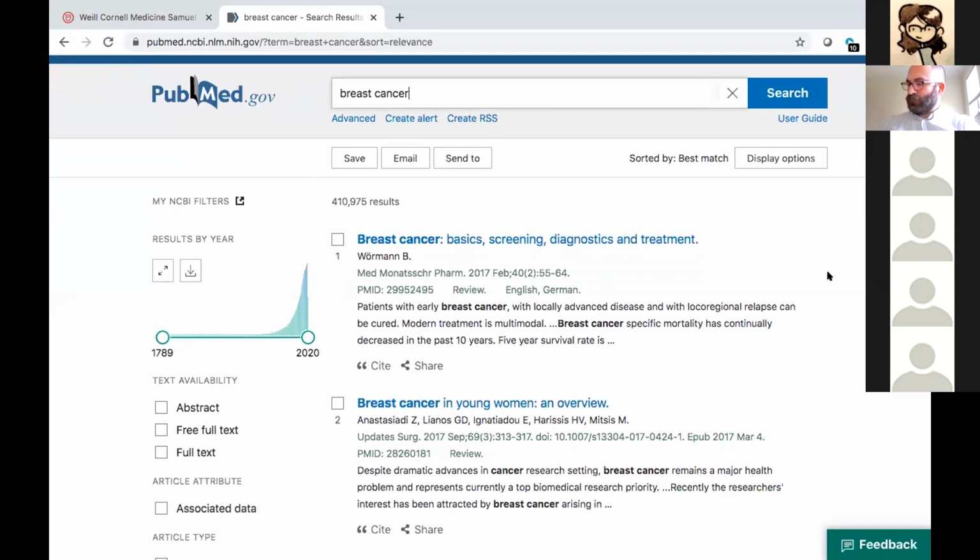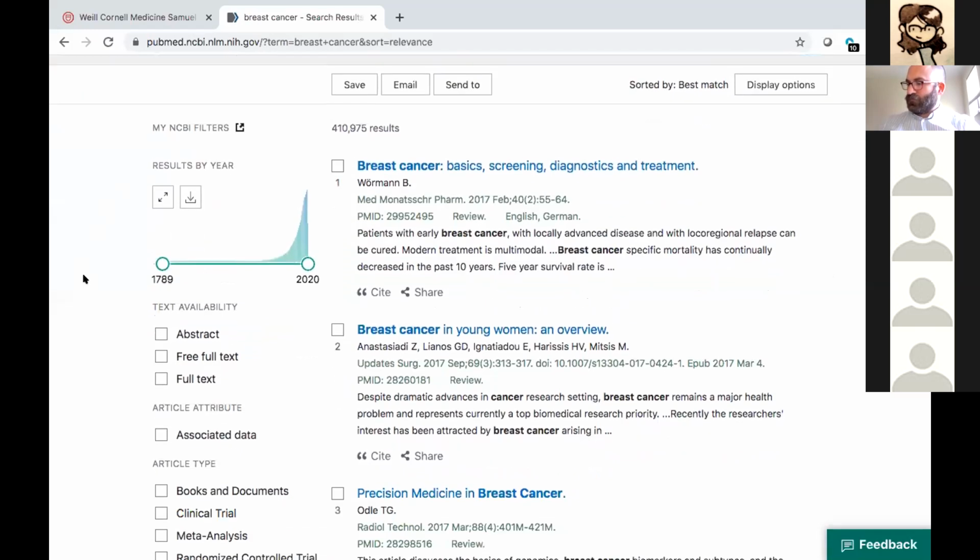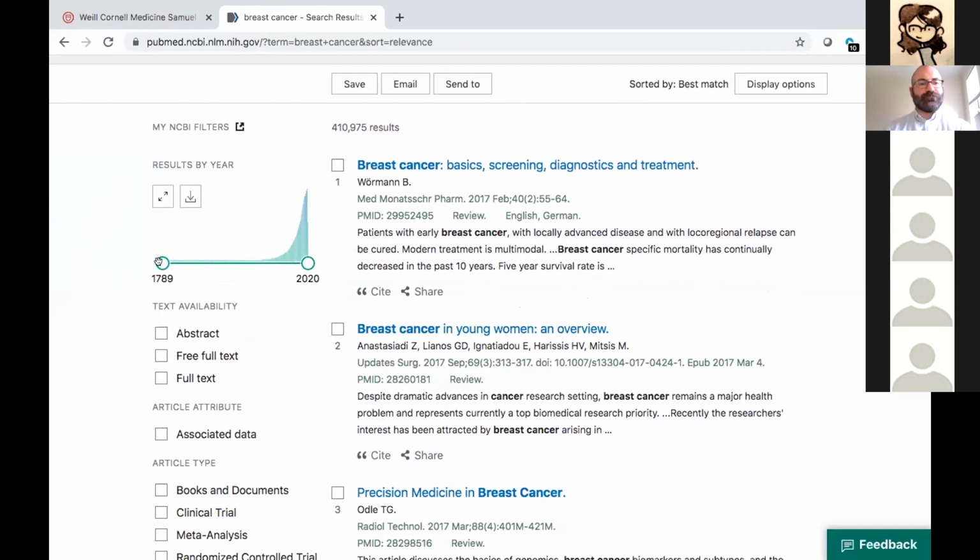All right, let's take a look at our filters and see how we can refine this search a little bit. So up here for the first filter, we can see the span of publication dates that fall within the search, dating all the way back to 1789. That's pretty far. So let's say I'm maybe really only interested in like the last 15 years or so. I can just move this dial and we'll set it to about